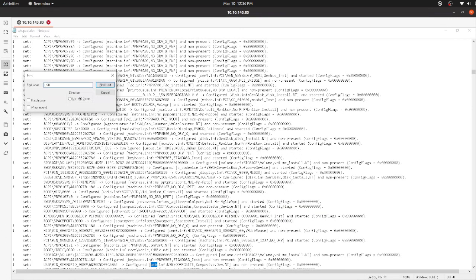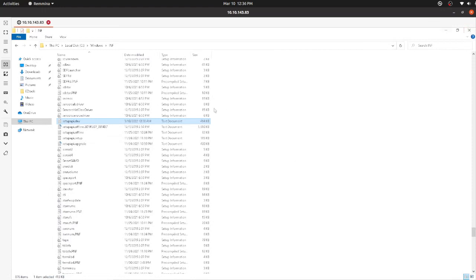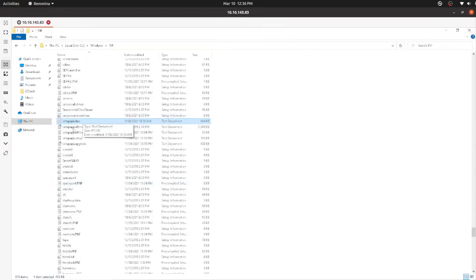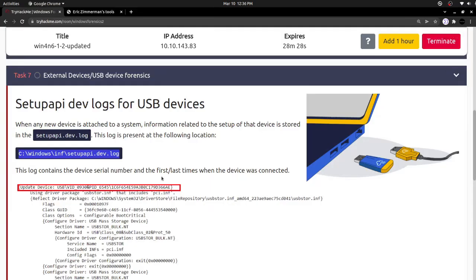So here is the detail about the USB file. Setupapi.dev.log. Yeah, I think that must be the file. It should contain the information about the USB file. So this is just I was trying to understand the specific file.